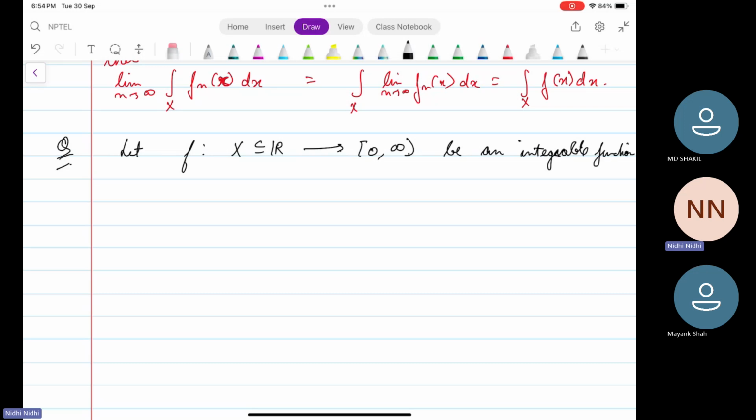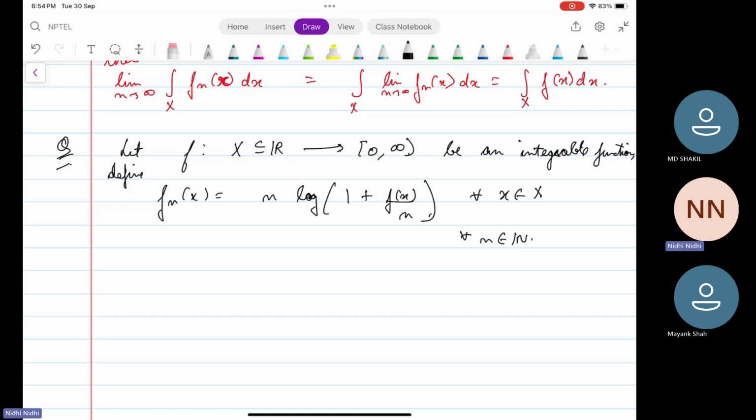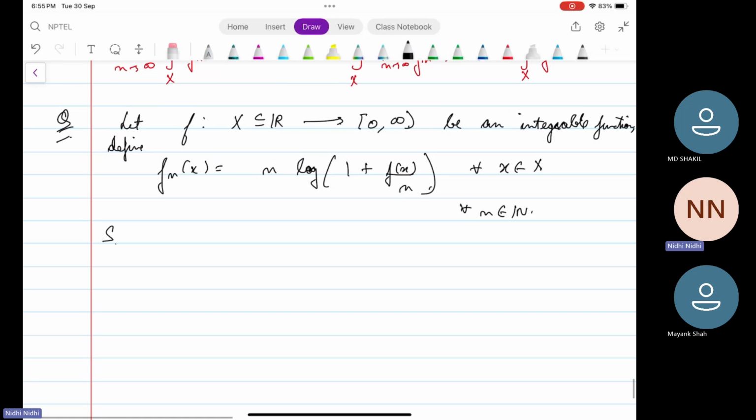Using this f, we will define a sequence of functions f_n(x) equal to n times log(1 + f(x)/n) for every x in X and for every n in N. This is how we define the sequence of functions. Show that